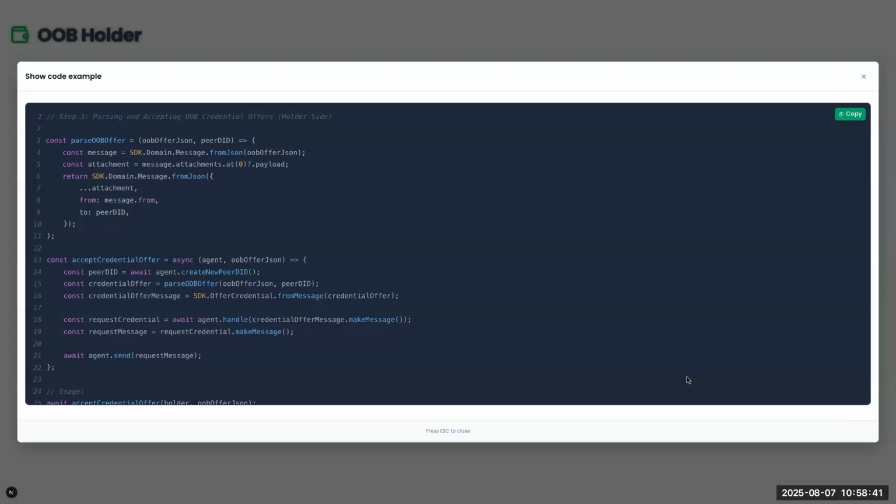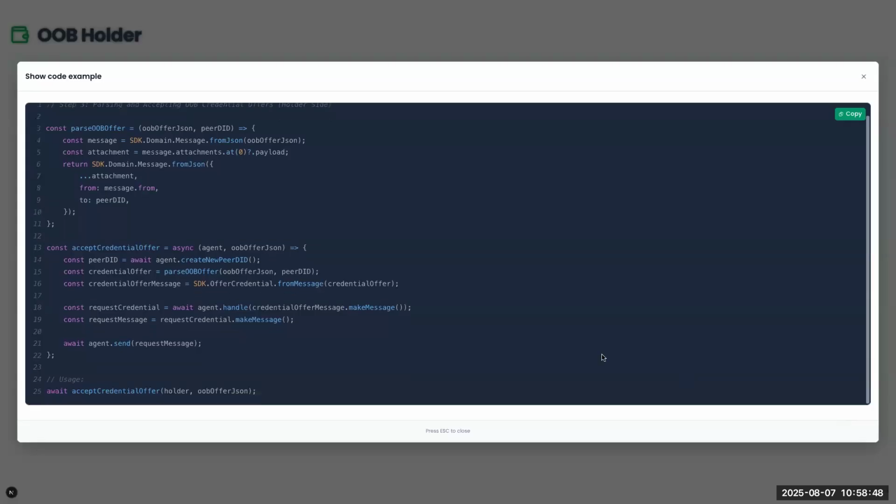Also, over time, this process was slightly complex to run, and we simplified things in a way that I think everyone can understand these 2 or 3 functions, right? On the first function, what we are doing is parsing the offer as JSON, which is what the holder would need to do. And then what we are doing in this function is,